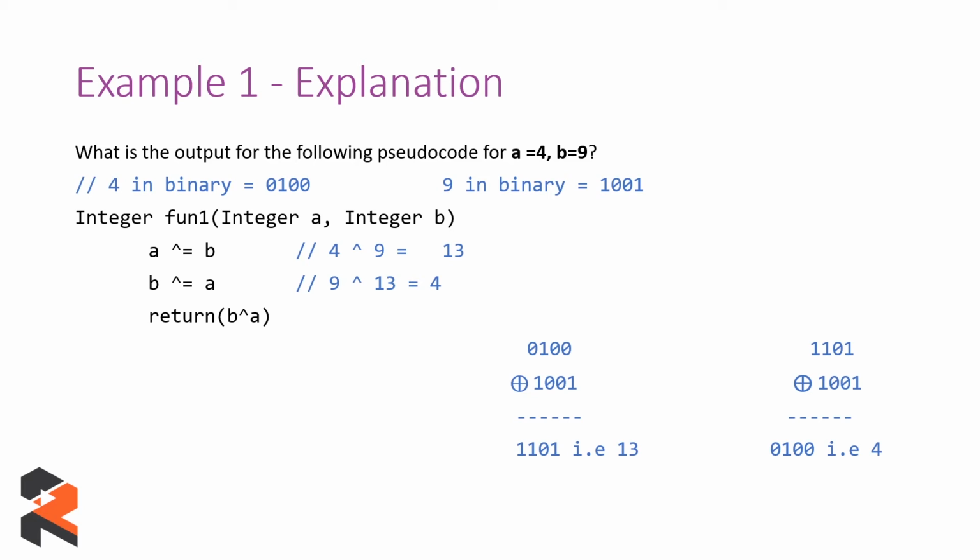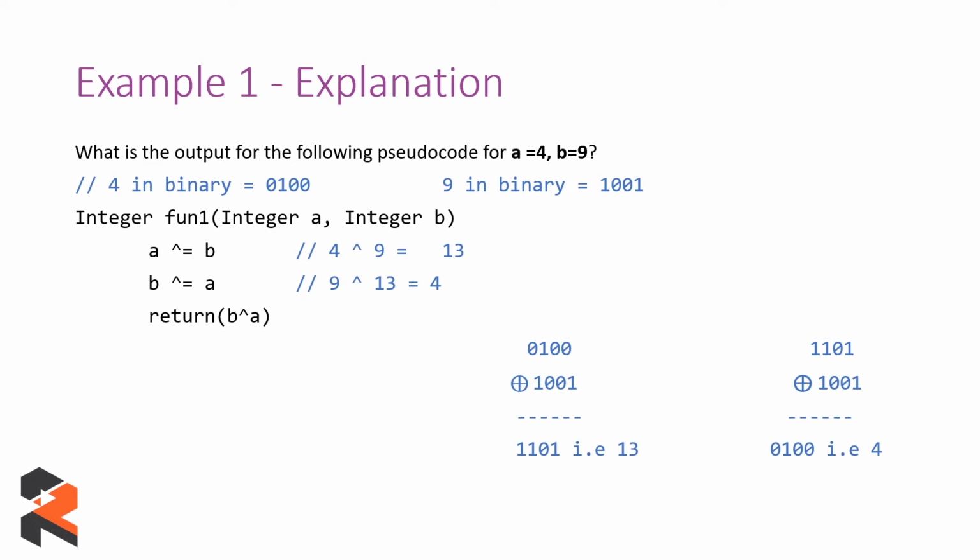Now how the XOR operation is performed, I have explained it right now. And as you can see in the first part of this code, the XOR operation which has been written in the bottom, you can see that we are performing an XOR operation on binary values of 4 and 9, which results in 13, or 1101 in binary, and the value of a now becomes 13. In the second operation, since the value of a has already been updated, we are performing b equals to b XOR a, which means we are performing the XOR operation between 13 and 9 in this case. So the value of a is 13, so you have to keep a check on the updated values as well.